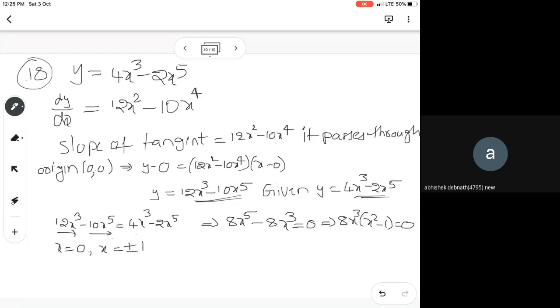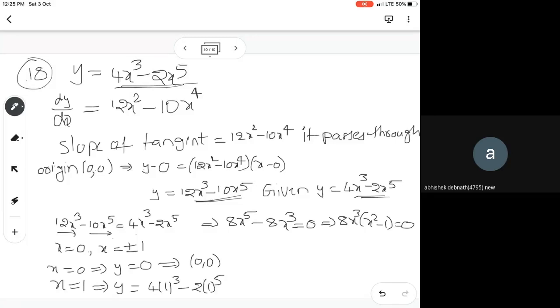If x equal to 0, find the y value. If x equal to 1, find the y value. X equal to minus 1, find the y value, by substituting in this. So x is equal to 0 implies y is equal to 0. So therefore 0 comma 0 is one point. X is equal to 1 implies y is equal to 4 into 1 cube minus 2 into 1 to the power of 5, which is equal to 4 minus 2, which is equal to 2. If x is equal to minus 1,